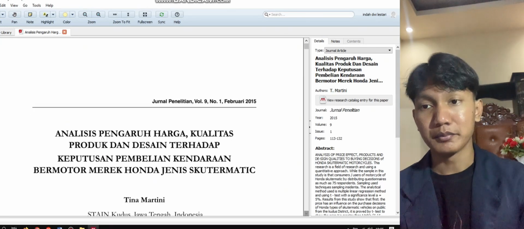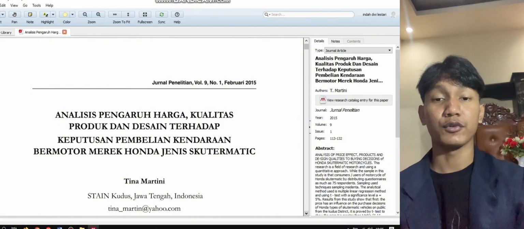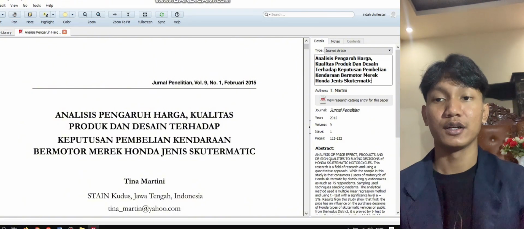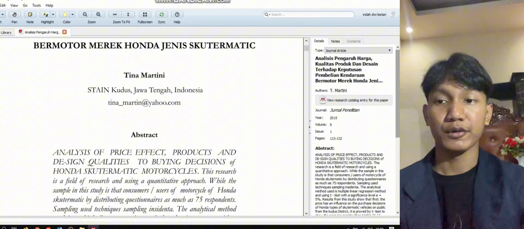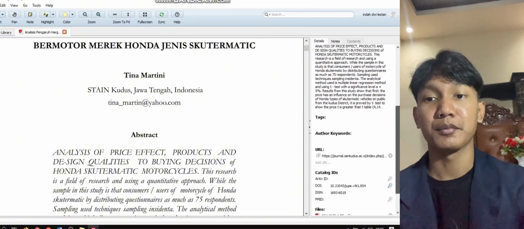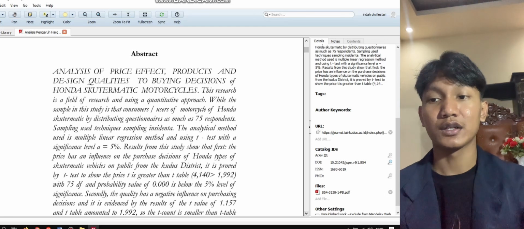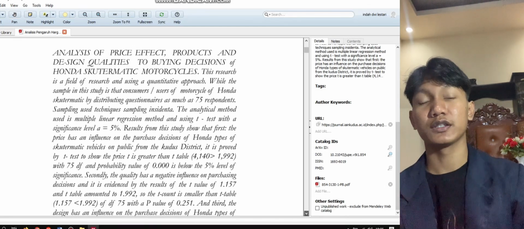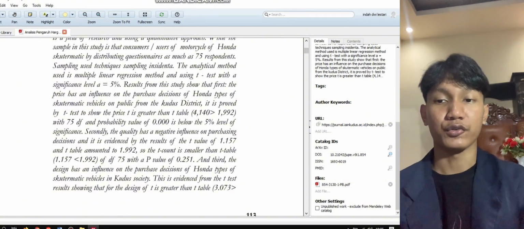The title must match exactly, don't leave out even a single word. The author's full name must be included. Volume, issue, and page number must be correct. The abstract and author keywords should also match the original journal. Don't forget to include the journal URL. Copy it from the website where you downloaded the article. Double check to make sure everything is correct.